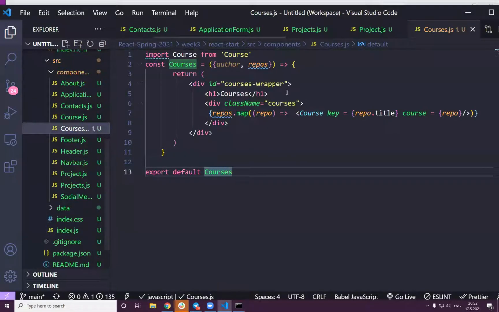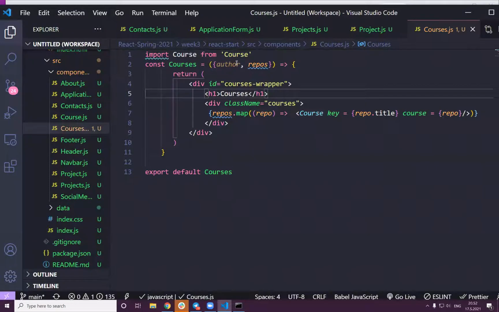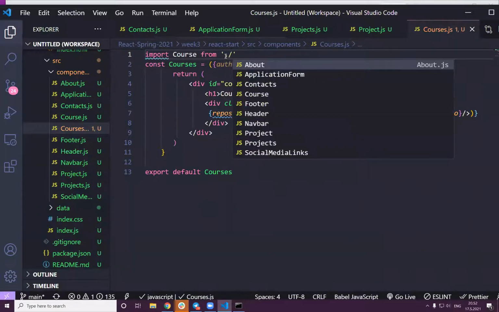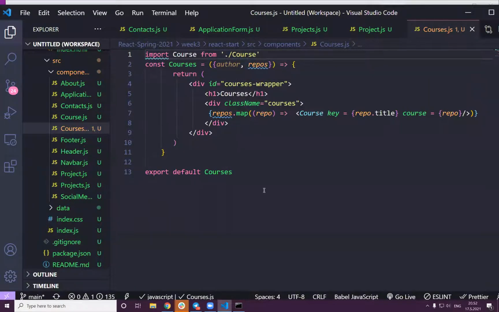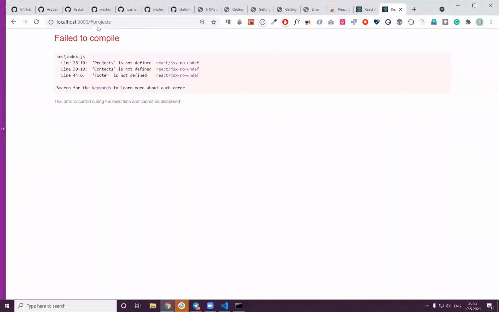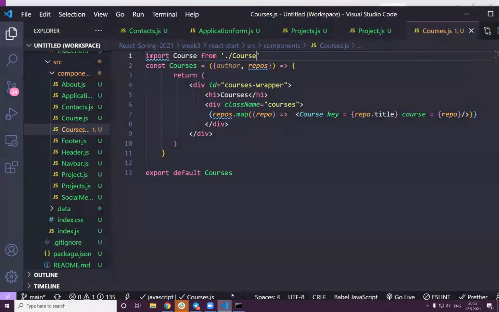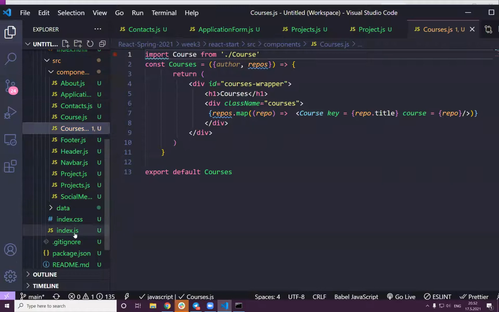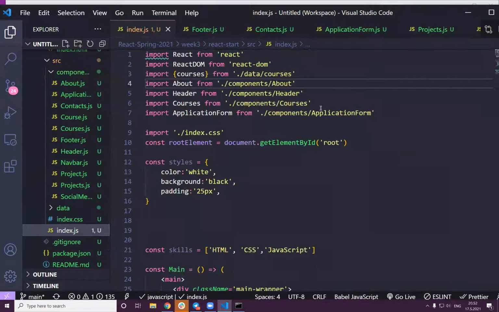Okay, courses. Import course from, I think it should be like this, dot slash course, like this. Yeah, contacts is not defined. Again, we have to import them. Yes, we forgot to import